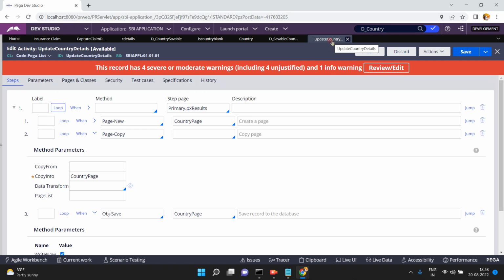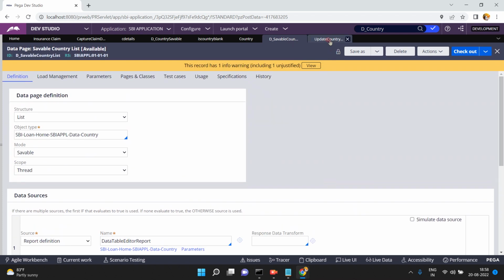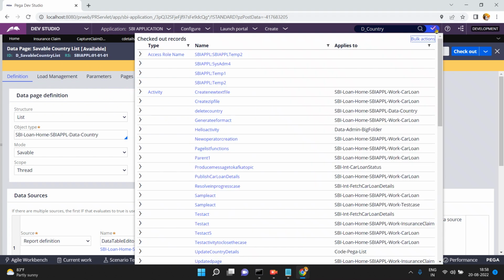Now this is my logic because, as I told you explicitly, I have to write an activity to save the list savable data page. Okay, that's it, done. Then after that, ultimately you have to call this data page, right? Ultimately you have to call this d_savable country list data page. Now for that, what I did is